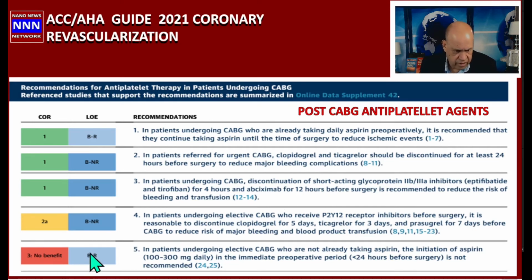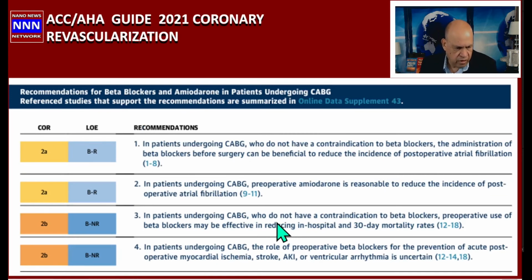So here is no benefit in patients undergoing elective coronary artery bypass surgery who are not already taking aspirin. Starting aspirin 100 to 300 milligrams in the immediate perioperative period, that is 24 hours before surgery, is not recommended. So if they have not been on aspirin, do not start them on aspirin 24 hours before the surgery, and that is like a contraindication. All right, so let us